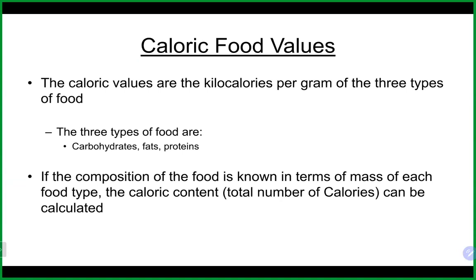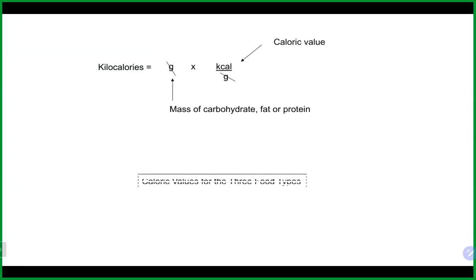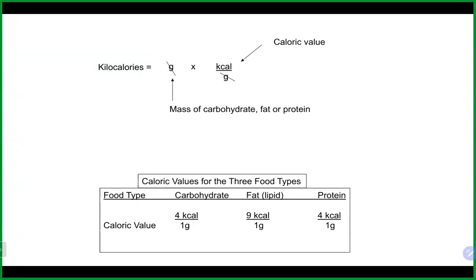They each have a caloric value, and you take the grams of each of those times each caloric value, and that would give you the calories that you see on the nutrition label. Carbohydrates is 4 kilocalories per gram, fat is 9 kilocalories per gram, and protein is 4 kilocalories per gram. Remember, a kilocalorie is really a nutritional calorie, so it tells you basically how many calories